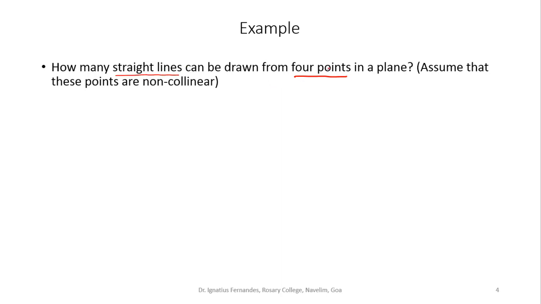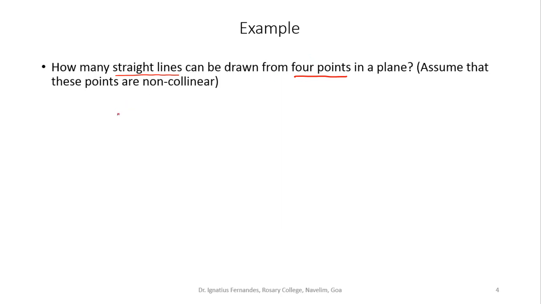Now, how do I draw a straight line? To draw a line, I basically require 2 points. Between every 2 points, there is one unique straight line. Okay, so if I have to find out the number of lines that I can draw from these 4 points, I have to just find out the number of ways I can select any 2 points out of these 4. For every 2 points that you consider out of these 4, it will give you one line.